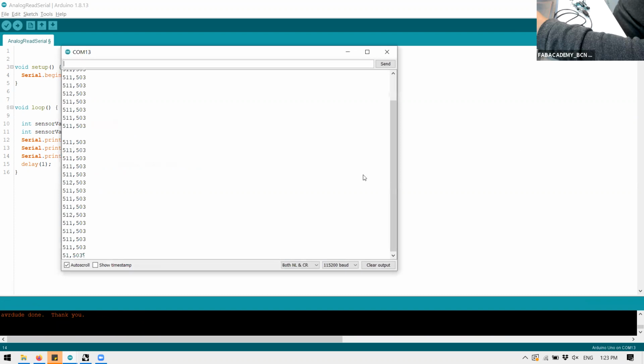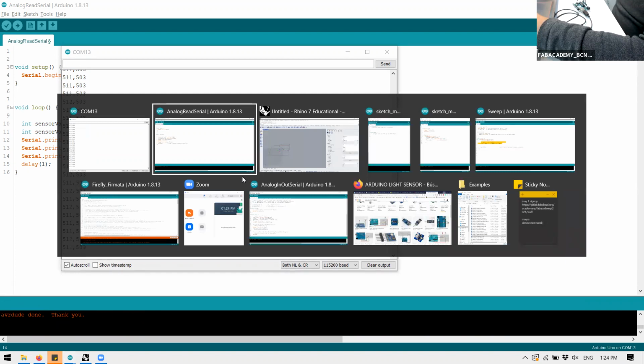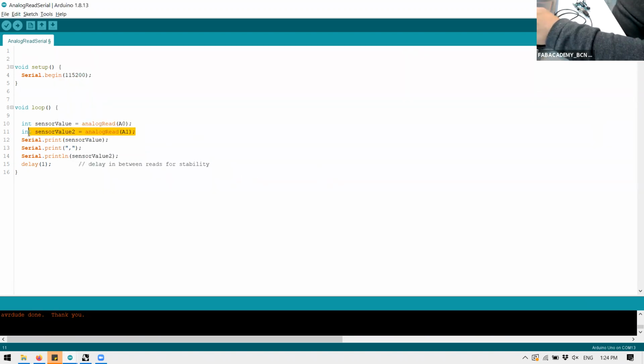Let's see. Is it reading properly? One direction and the other one. Perfect. I can have both. We can even have a third one that is the button on and off. So if we add a third one,